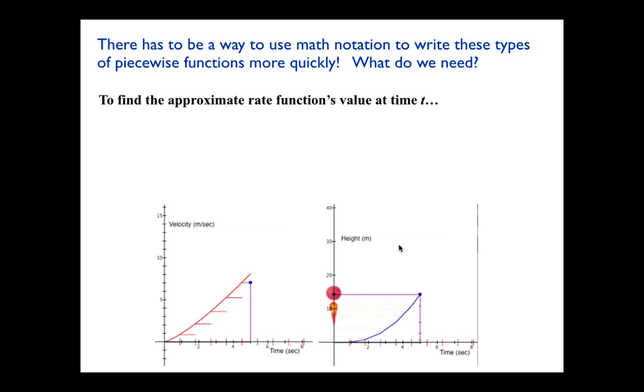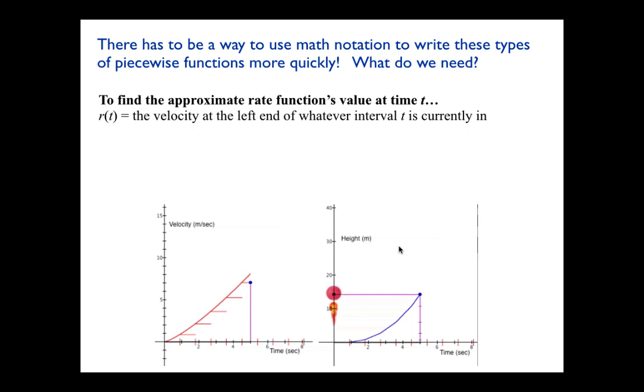So there has to be a way to use math notation, as I said, to write these types of piecewise functions more quickly. So what do we need to be able to put this together? And this is, again, what we're going to be working on slowly between now and your test. To find the approximate rate function's value at time t, we need the left end velocity for any